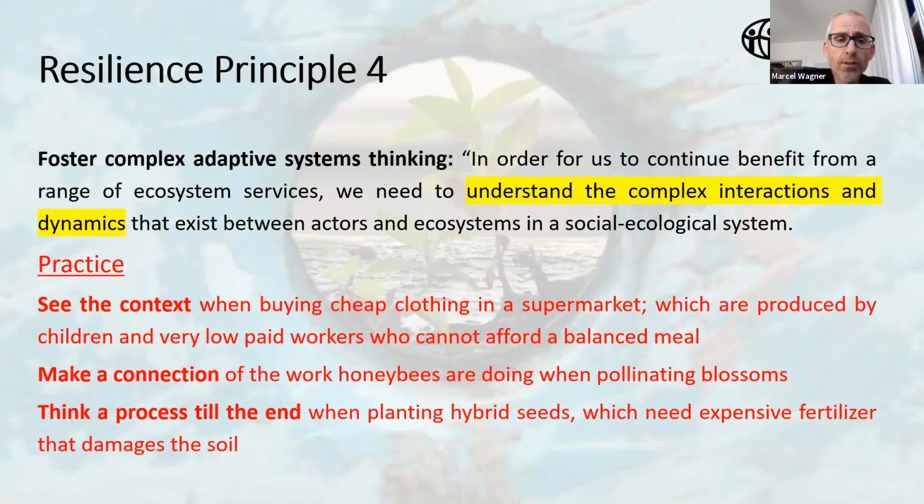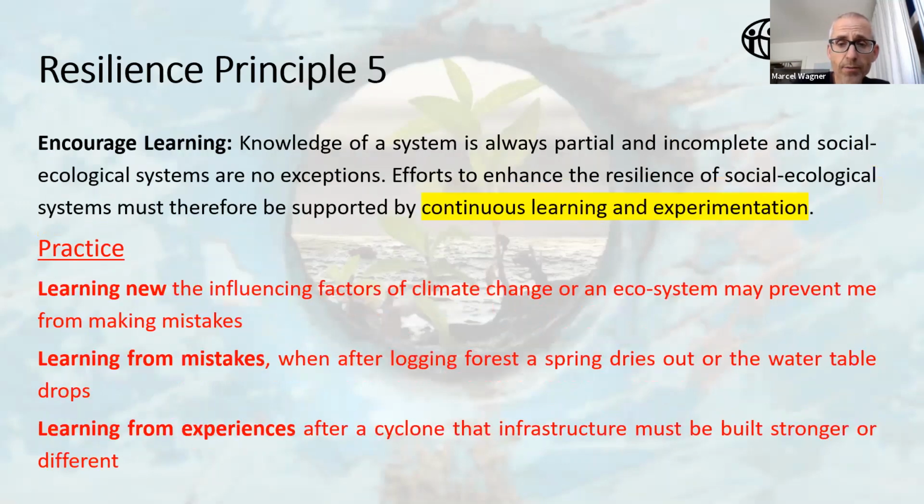If we do not understand what kind of components are interacting with each other and how they may disturb a certain system, we make wrong decisions. So we need to understand the complexity of today's systems and how they work together before we can take measures or proactive decisions. Principle 5,